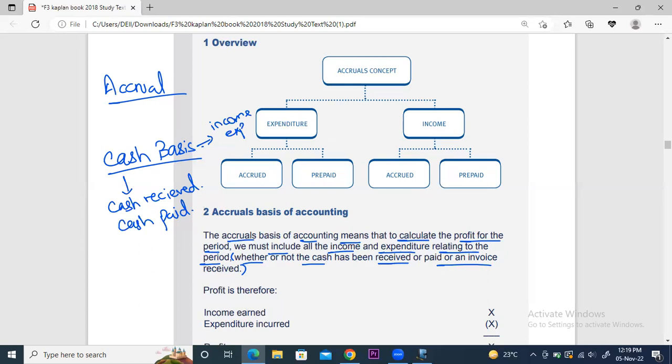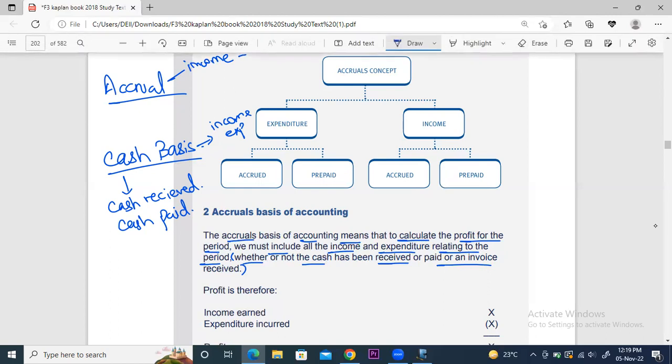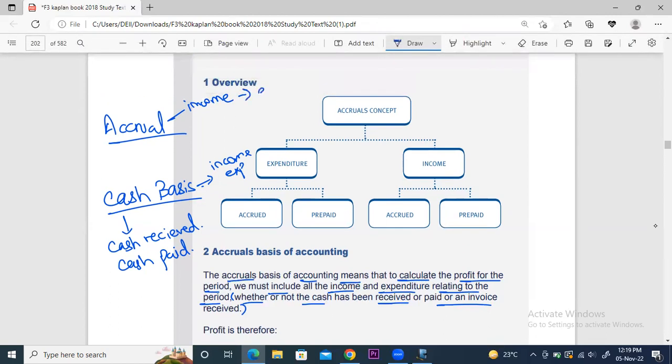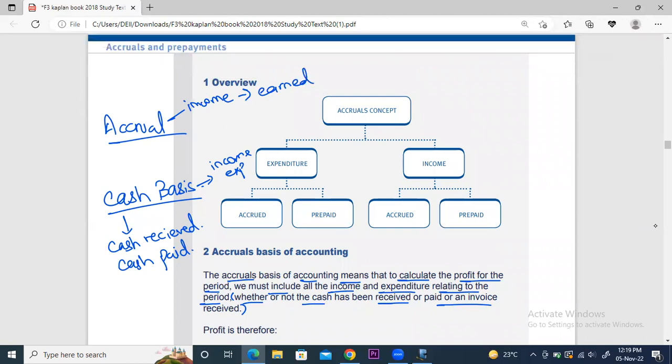So in accrual, we write the income on an earned basis. I'll give you one more example over here. Income on an earned basis. Now, earned is something different. Cash received is something different. This is the main concept of accrual. Now, secondly, in